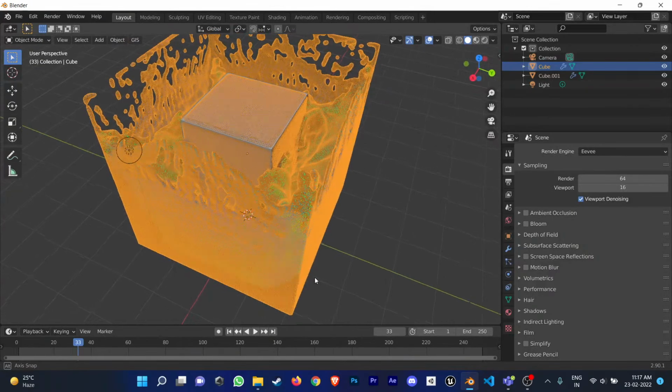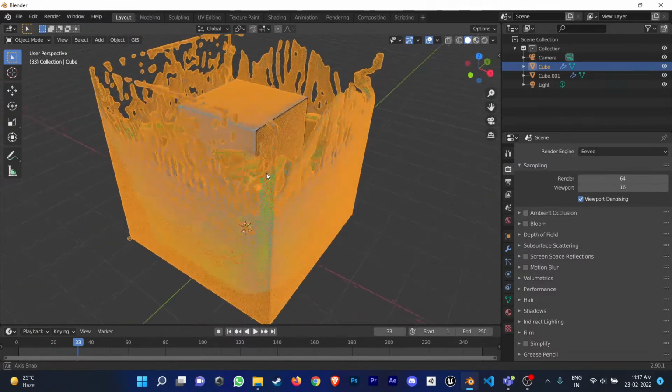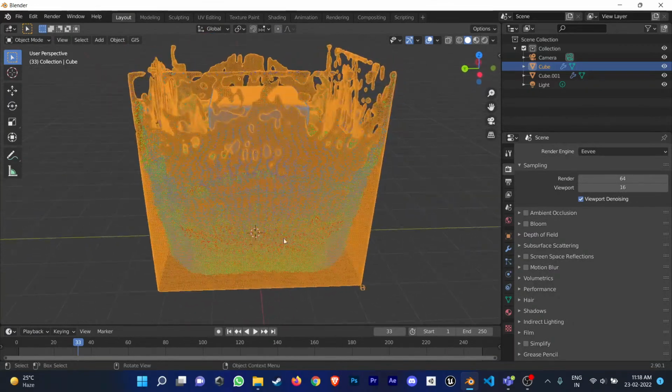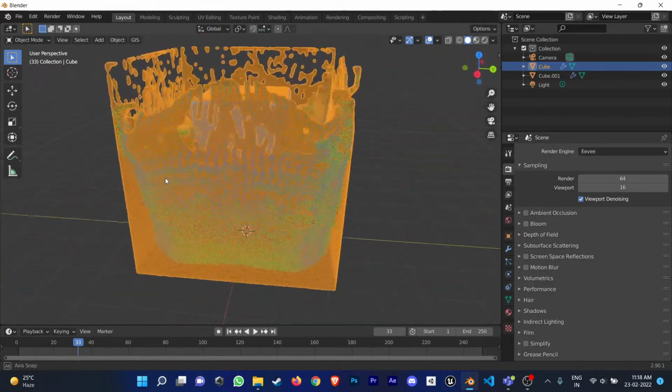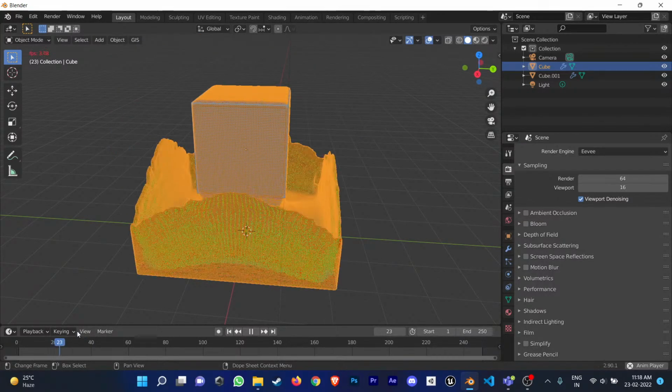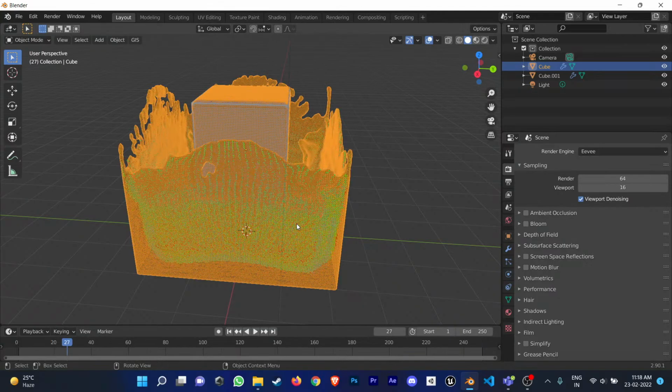Today we can see some crashes too. So be ready if the stream pauses in the middle of nowhere. My laptop must have crashed because today we are going to do some liquid simulation. So here is the mesh. But okay, let's just see in the render view mode what it looks like